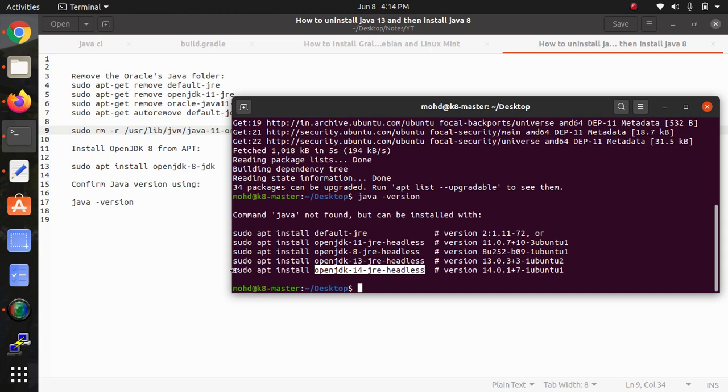If you want to install the 14 one, or the 13 one, or the 8 one, or the 11 one, just copy this command.